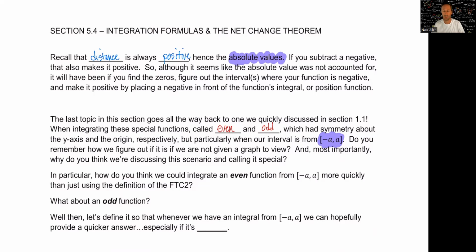Do you guys recall what an even function looked like? And I don't mean just graphically, I also mean as a function algebraically, because we don't want to have to graph these to check. That's not going to do us any good to speed up this process. But hopefully you recall an even function would look like